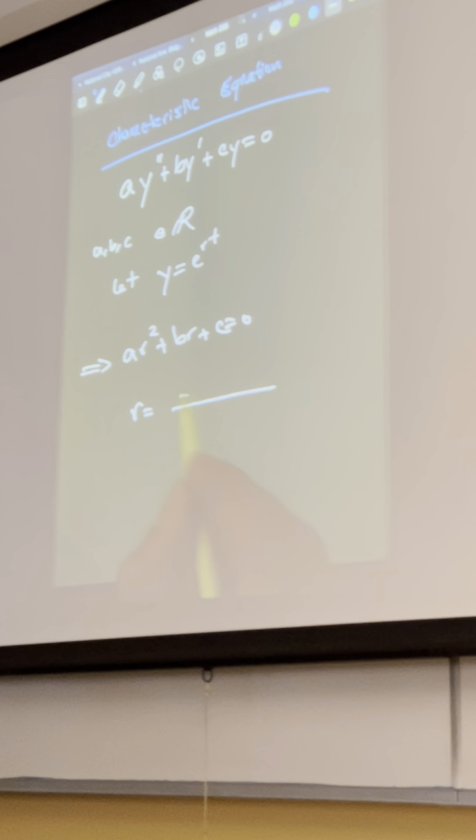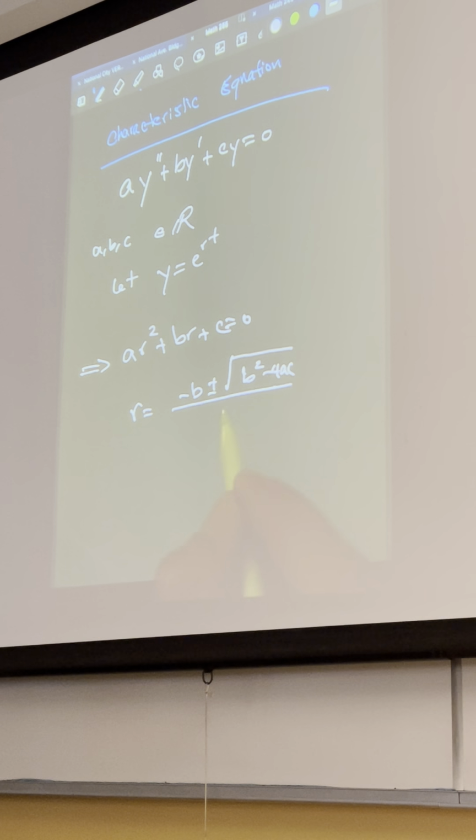Negative b plus or minus the square root of b squared minus 4ac, over 2a, right? What happens if b squared minus 4ac is negative? You get imaginary numbers. So if b squared minus 4ac is less than 0,